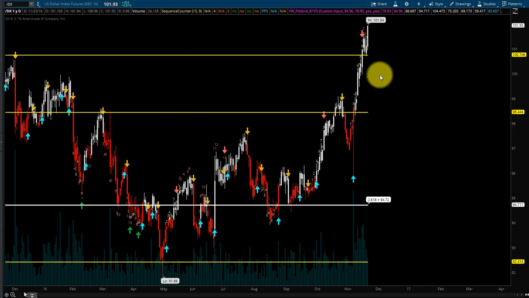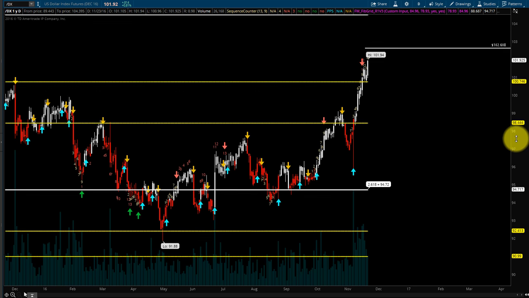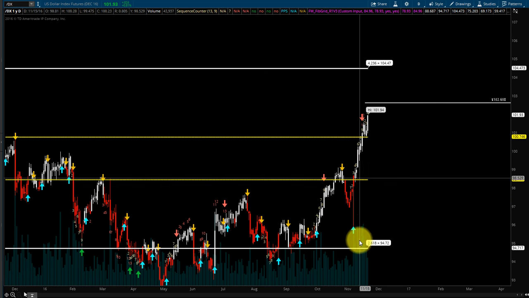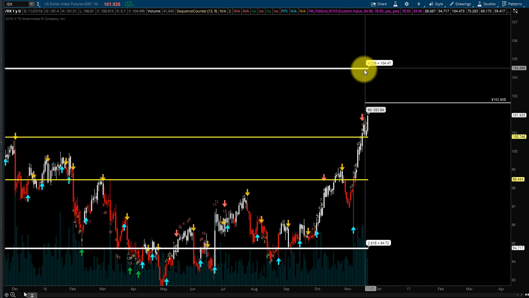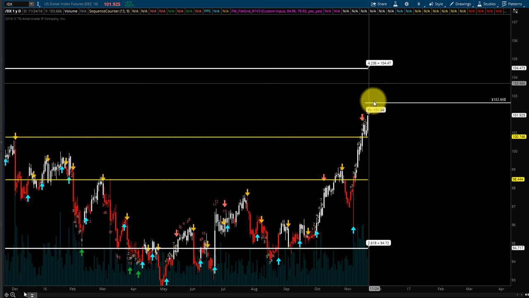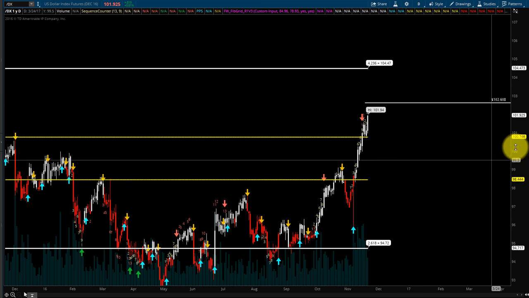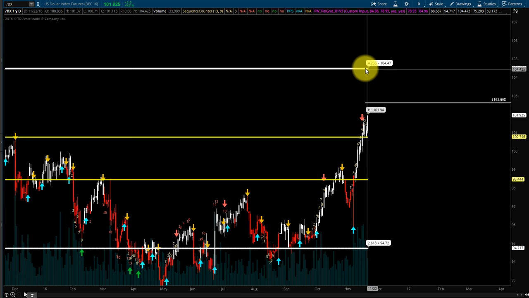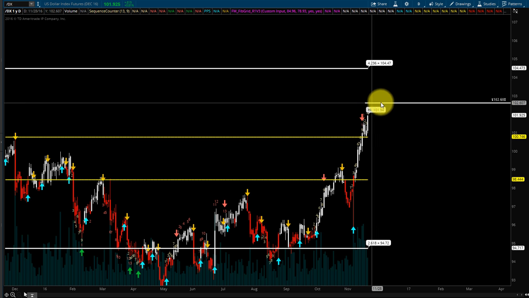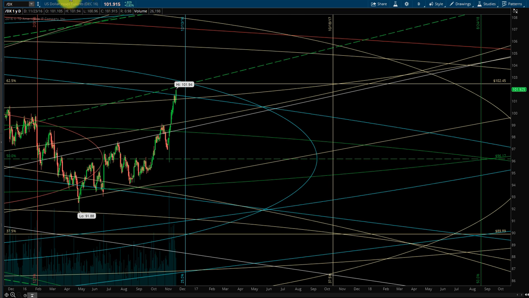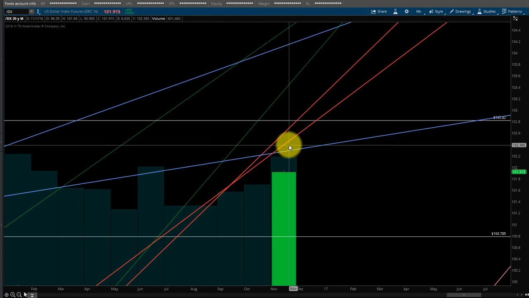And lastly, this is the fib grid I use. As you can see, this is the grid right here, which is at 104.47. This could be like an ultimate target. Right now, we're finding support at the 102.17. So between that and the 104.47, the midpoint would be 102.60, which kind of tells me